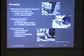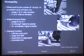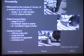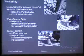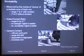Okay, they showed this guy making this, but they didn't quite show it all the way. I wish they would have. This is how you measure workability on the site with a slump cone. And this is done pretty regularly because